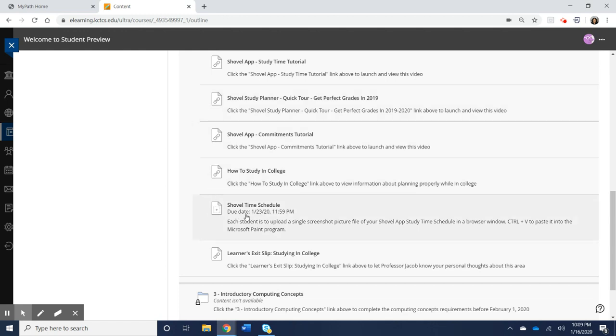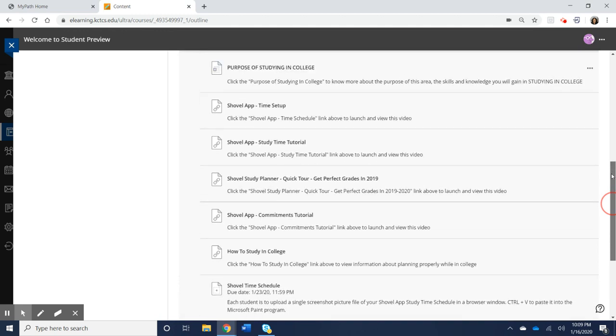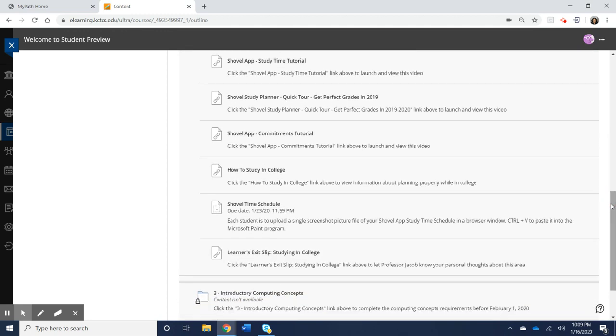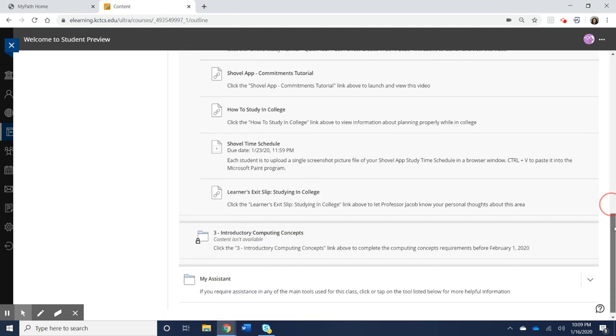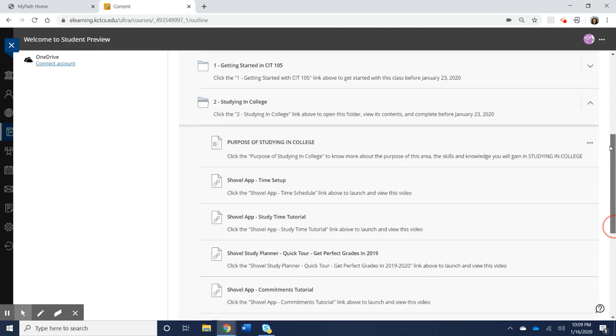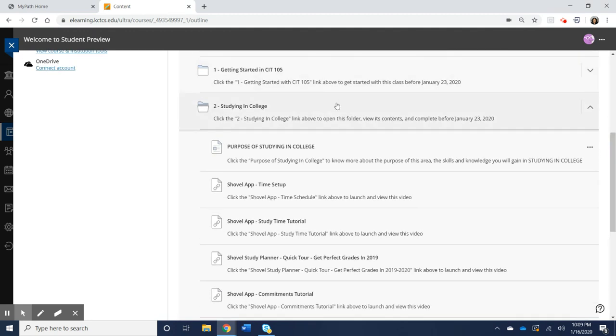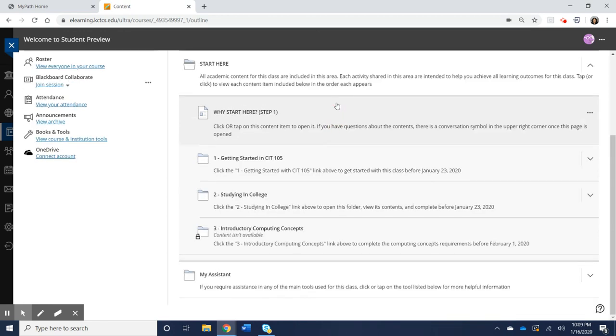All right. So at the end, you're going to see another exit slip, and this exit slip has to do with the studying in college area. Just like the previous exit slip, you're going to fill out those 4 questions and submit, and you're finished with that area. And when you're finished with the area, you just tap on it to collapse it,